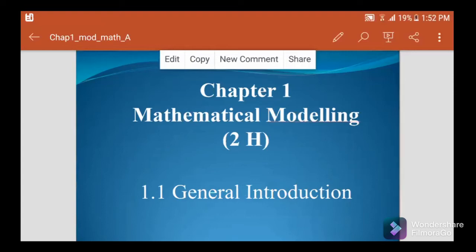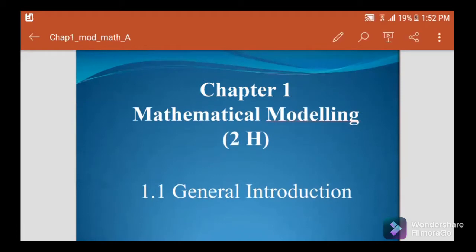Chapter 1 is mathematical modeling, and we will start with it as a general introduction. In this chapter, first I will introduce the partial differential equations, which are the continuity equation, the Navier-Stokes equation, and the heat transfer equation. The heat transfer equation is two equations, the energy equation and the temperature equation, inside this heat transfer equation. And then we will